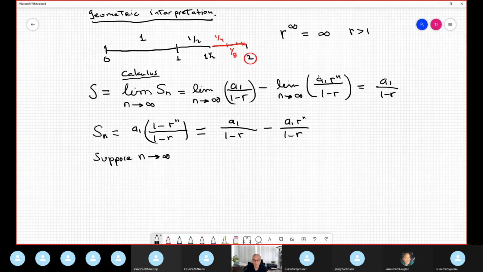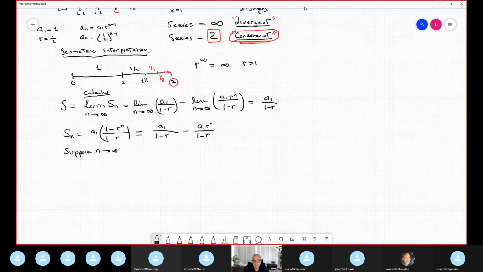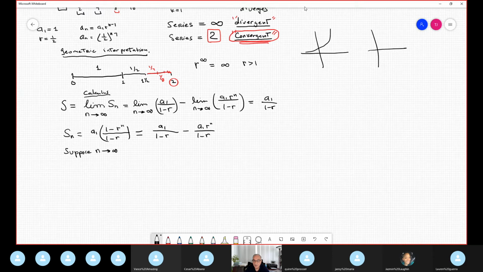Look at your knowledge about the exponential function. We have two kinds of exponential: the growth exponential and the decay exponential. What is the difference? In this case the base is greater than 1. In this case the base is less than 1. So if you suppose that the common ratio is greater than 1, it's obvious that that part is infinity, and our series is divergent. However, see the common ratio